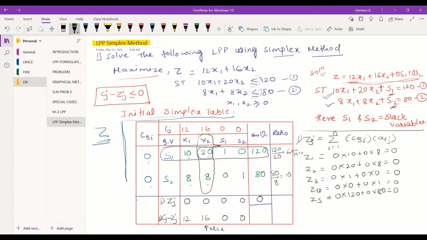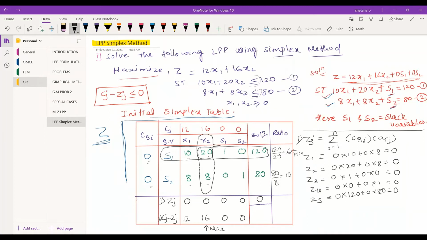Solution divided by this key column value, that is 8. Out of these two ratios, you balance the initial table by picking the minimum ratio. Then you can find the row. The ratio is useful only to mark the key row and to get the key value.